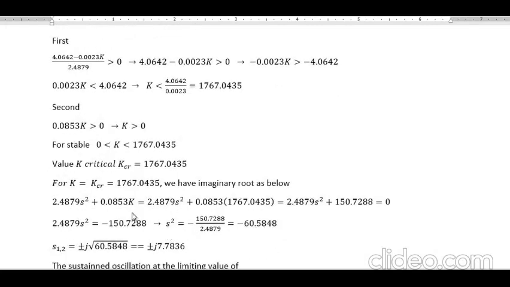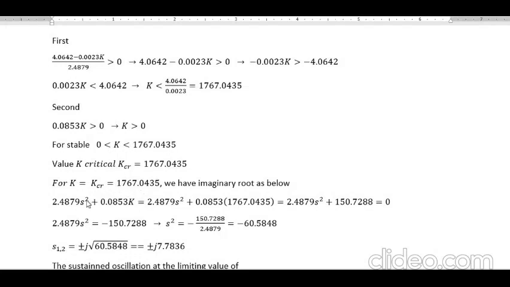Okay, after that, how do we get the PCR? PCR we call the critical period.